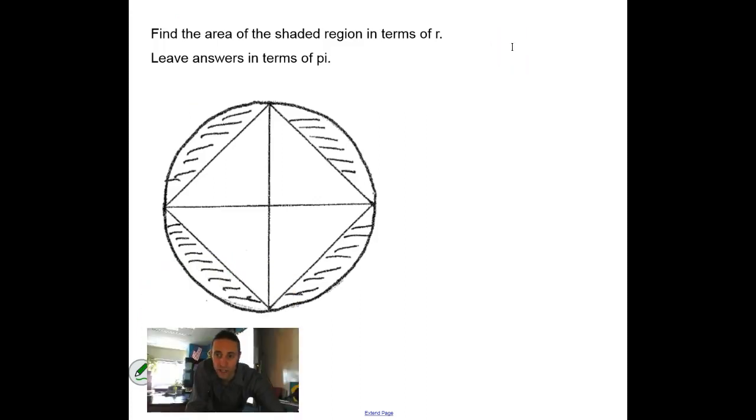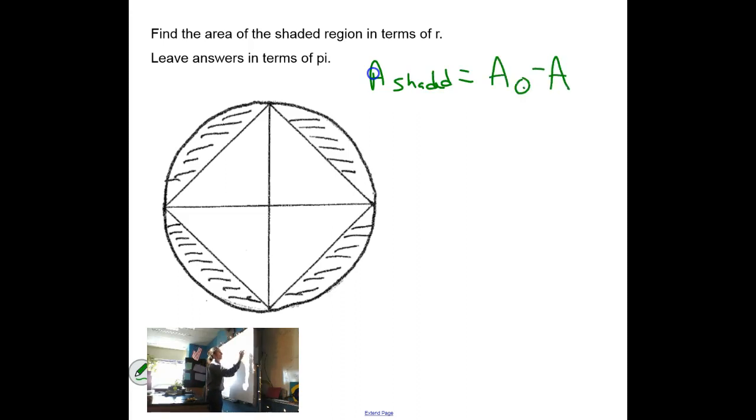Now, the next problem I want to look at is, what if it said, find the area of the shaded region in terms of pi? Leave your answer in terms of pi. So really what I'm doing here is finding the area of the circle. So the area of the shaded region equals the area of the circle minus the area of the square. All right, well, the area of a circle, and again, I don't know what the radius is, but the area of the circle is pi